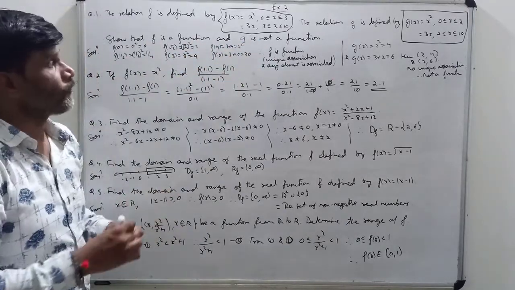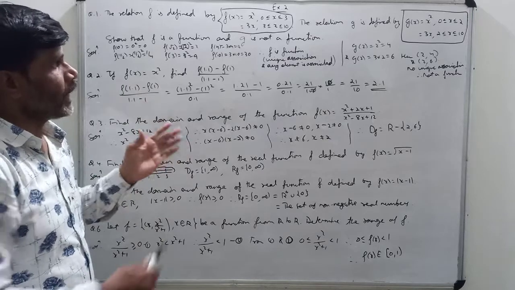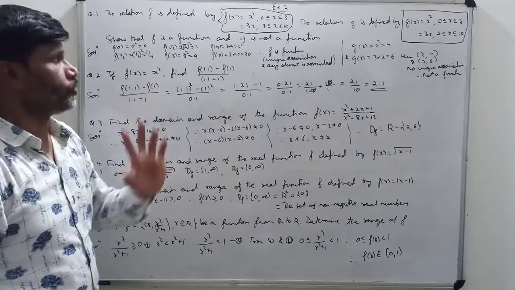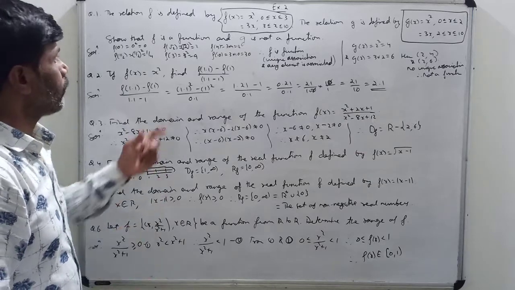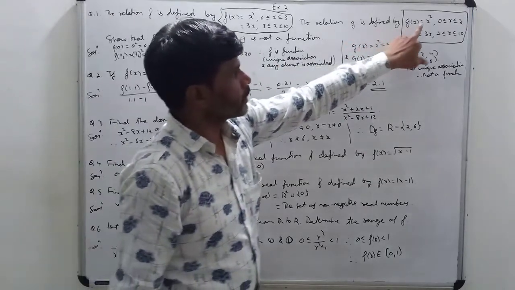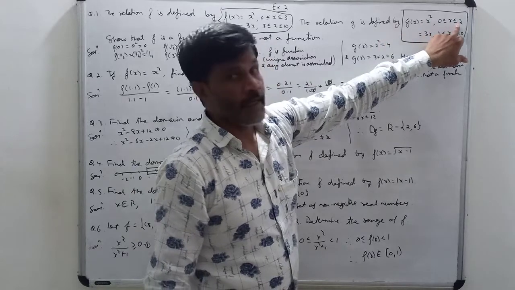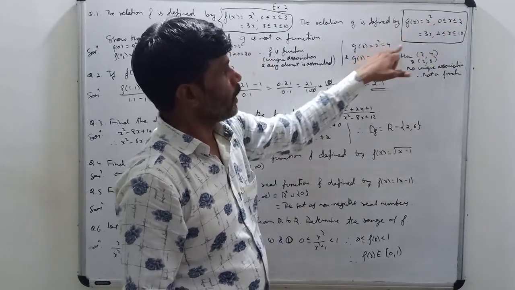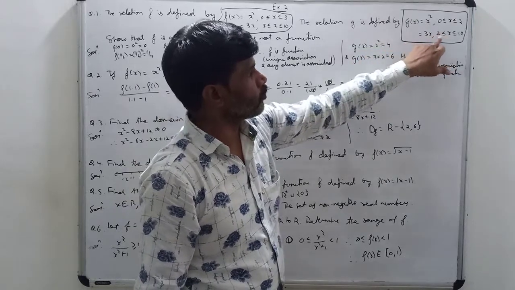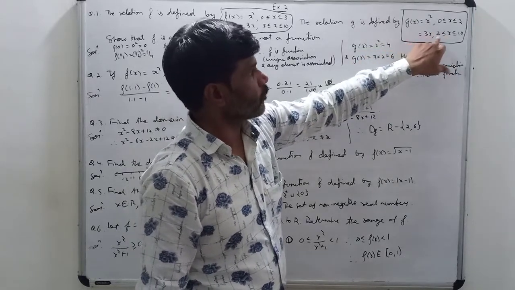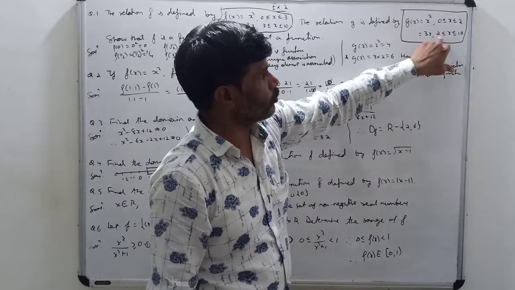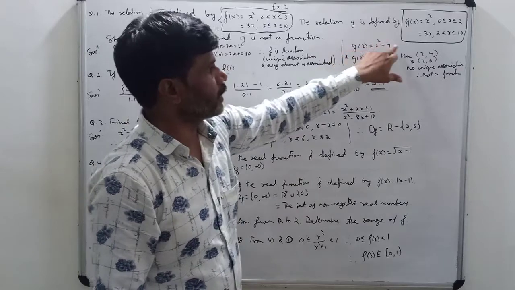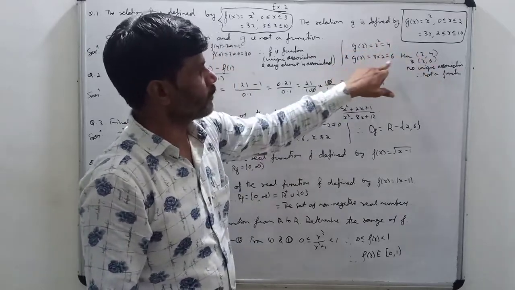Now first of all, what is the definition of function? If every element of set A is uniquely associated with an element of set B, then this association or relation is called a function. Okay, let us check first this one. Here when I take x equals 2, according to this you get 2 square, that is 4. And here also for x equals 2 they have defined another function, that is 3x. So when x equals 2, x can take the value 2 here also. So 3 into 2 is 6. So one time 2 is giving the value 4 and another time 2 is giving the value 6.